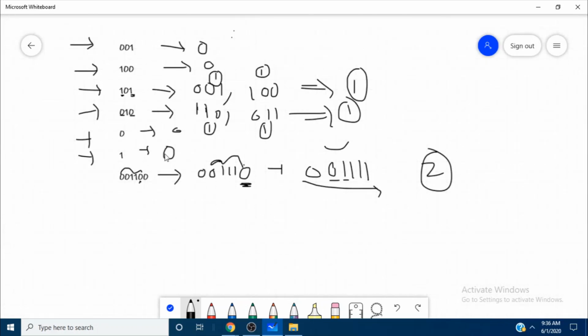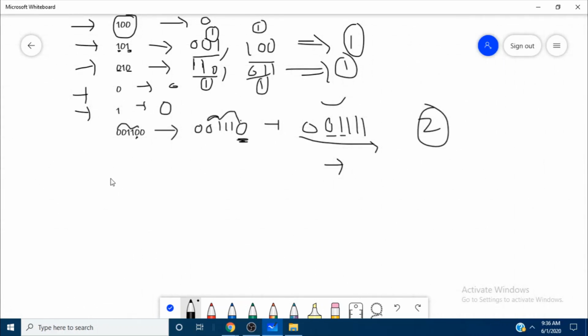So let's observe the test cases here, here, here, here. What we observed is that a good string is of the form zeros followed by ones, or it will be of the form ones followed by zeros.